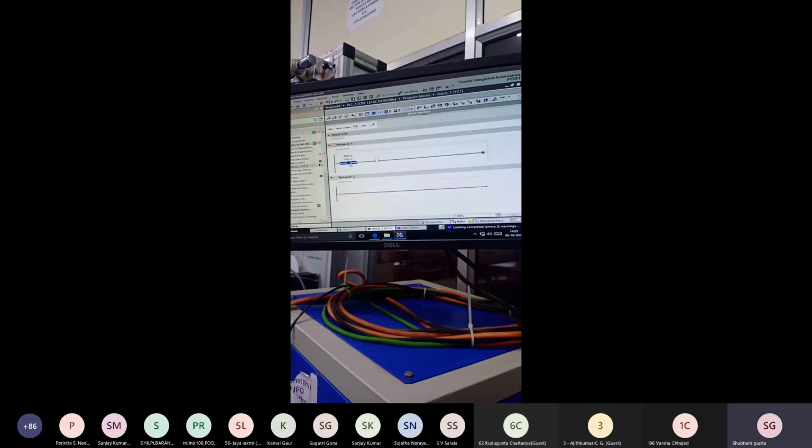Take one NO and another NO and connect them in parallel with one output coil. Use I0.0 as the first input, I0.1 as the second input, and then the output coil.